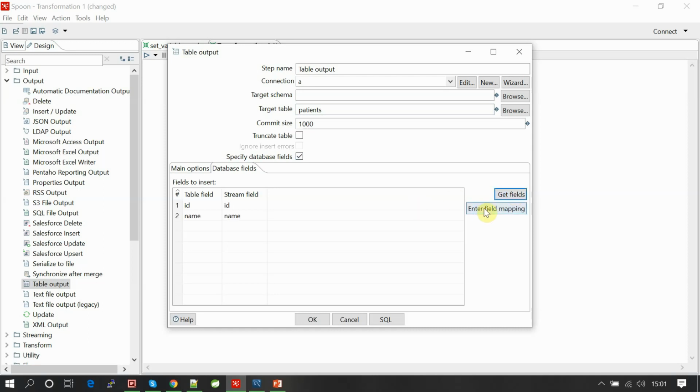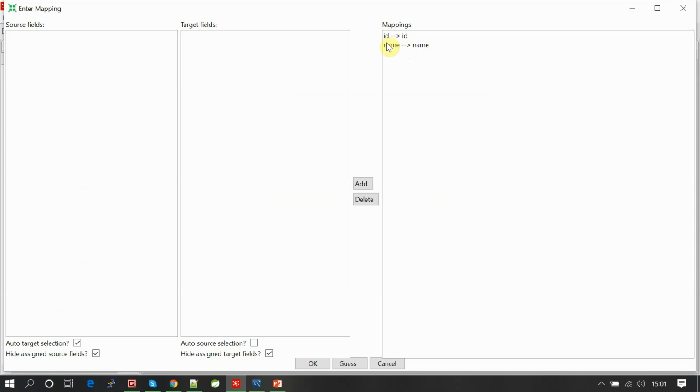So get fields and enter mapping. Kettle has intelligence to map when the input stream name matches the output stream name, so both are the same, and that's why it is already getting mapped. If something is different, it might have been changed here itself.